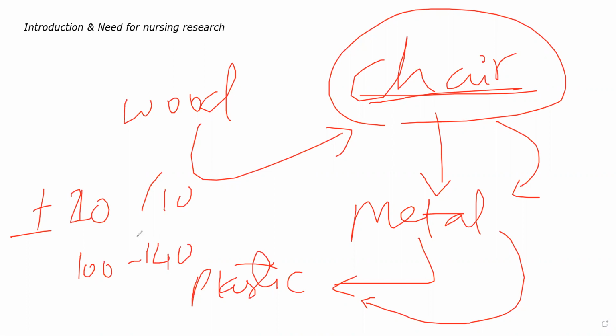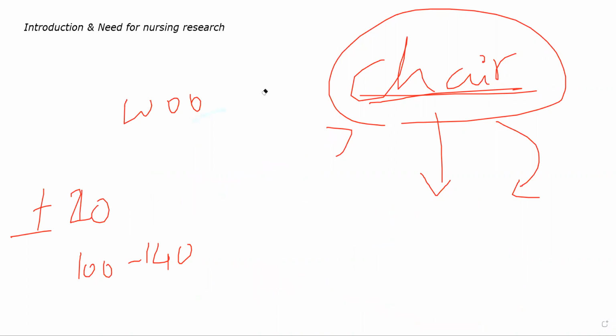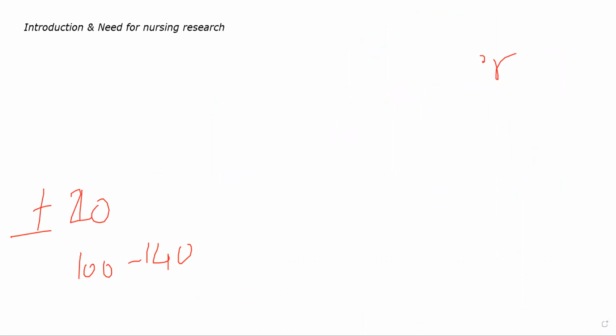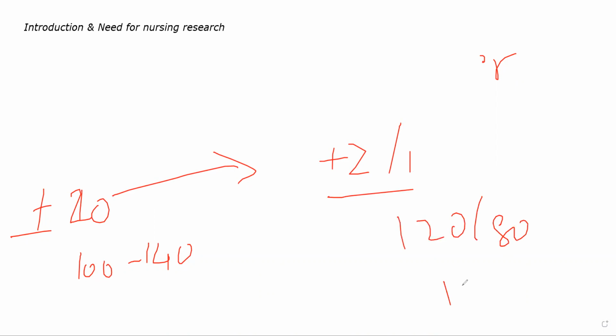Now maybe after doing a lot more research and coming up with better methods, they improved those machines in such a way that this error profile has changed from plus or minus 20, maybe now it is plus or minus 2. So if the patient's blood pressure is actually 120 by 80, it might show 122 or it might show 118, which is a huge improvement compared to earlier. That is also a way through which you are applying research in a practical way, wherein you are improving the current methods and current practices. Okay, that is one way.